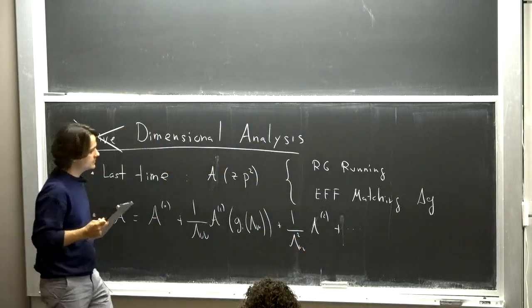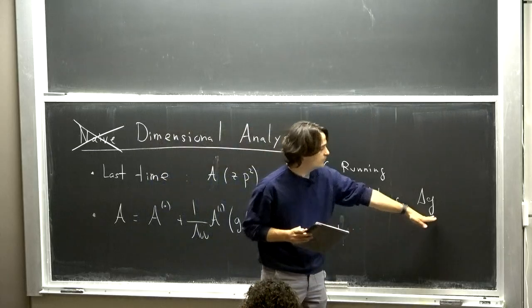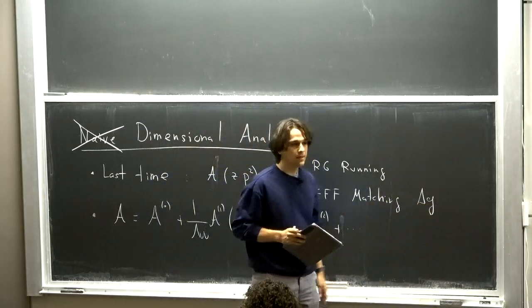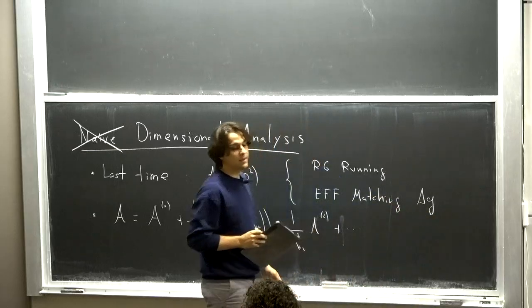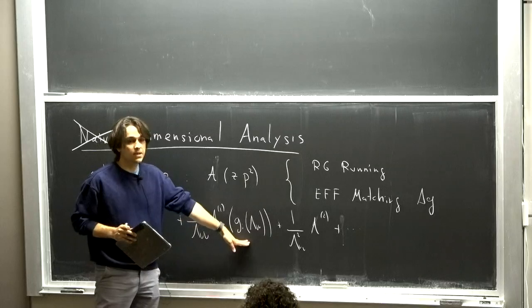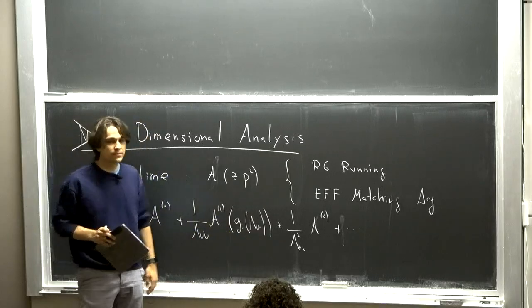And so far, everything we could say about these coefficients is that we can compare them between different theories. We can extract the difference, but we weren't able to say anything about them, right? These are parameters in my theory that in principle I just have to go out